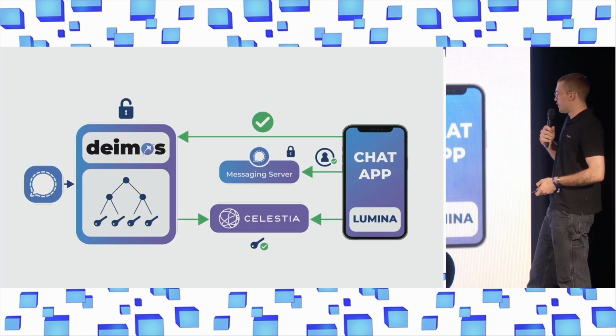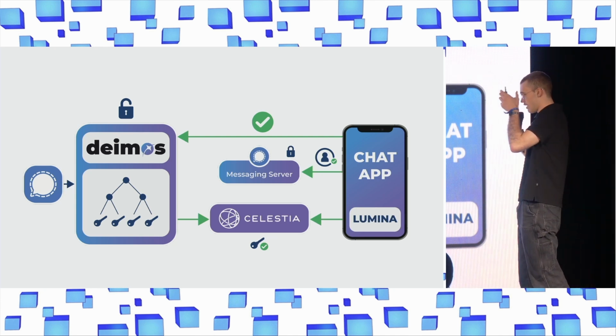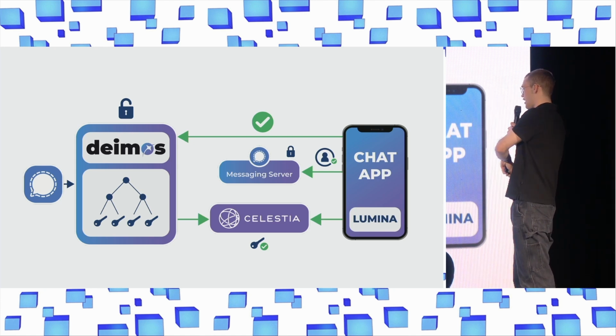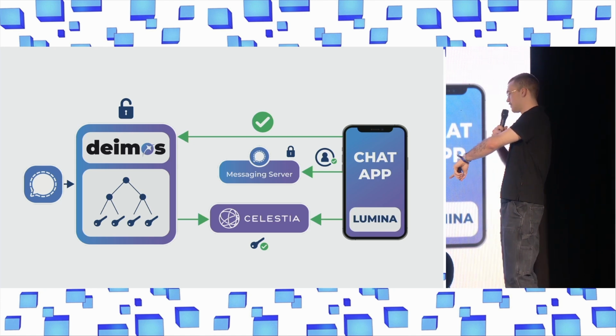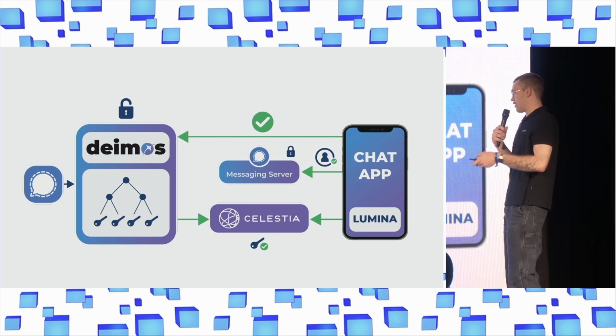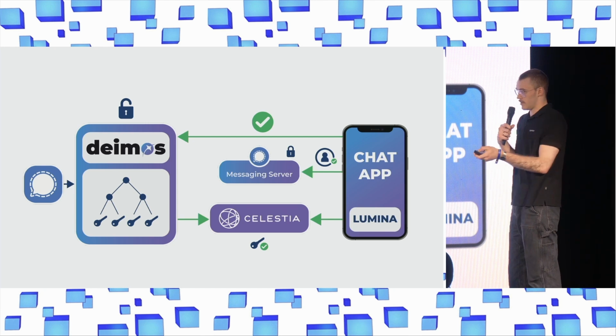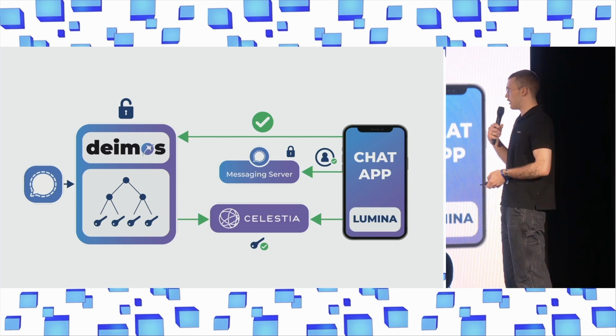So this is kind of how it looks. Essentially, Signal publishes the user's keys to the key directory. Your app talks to Celestia to download the SNARK, verifies the SNARK, and then it knows that the keys it gets are real, so they can trust the messaging server when they send messages that they're not going to be able to decrypt them, that they're not their own key pairs.